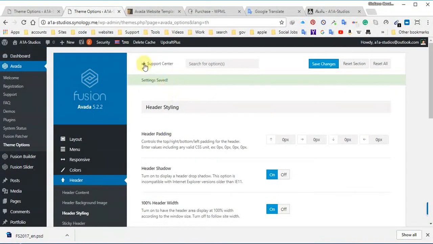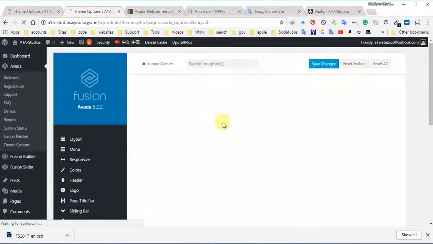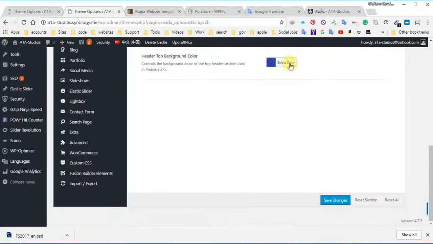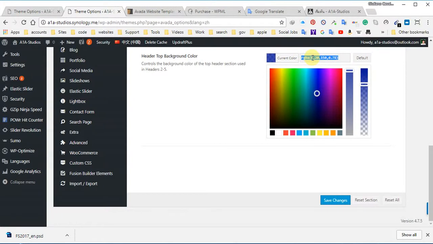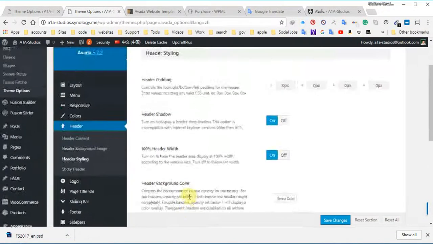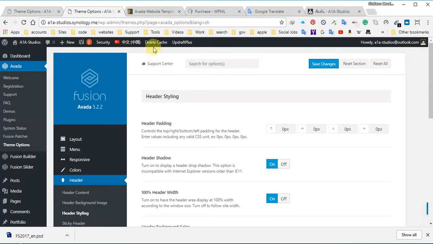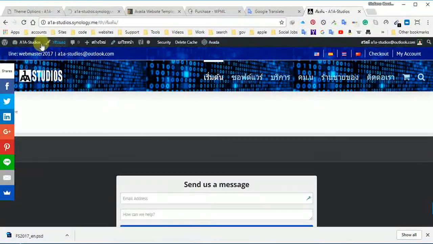Okay, save it. I'm gonna do delete all cache, and I'm gonna go to the site. Okay, so we're back, and it's supposed to be clean. Black, black, black. Okay, so now